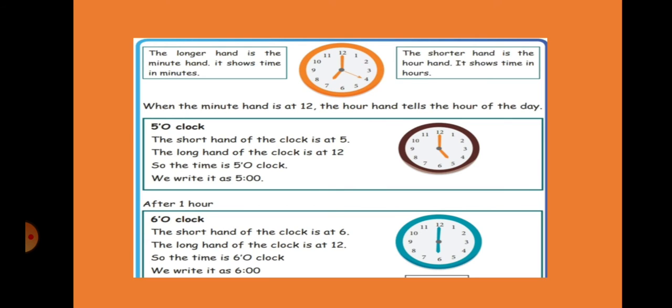Okay, see here, it is 5 o'clock, 5, 0, 0. The smaller hand, that is the shorter hand, is at 5 and the longer is at 12. So 5 o'clock. Okay, then next this one, 6 o'clock. So after 5, after 1 hour, what will happen? It will become 6 o'clock. After 1 hour the smaller hand, the short hand, will move from 5 to 6. From 6 to 7 after 1 hour. After 1 hour, then 8. Like that it will move.